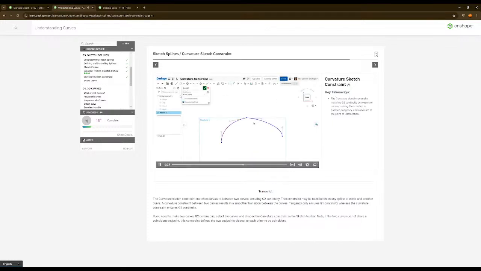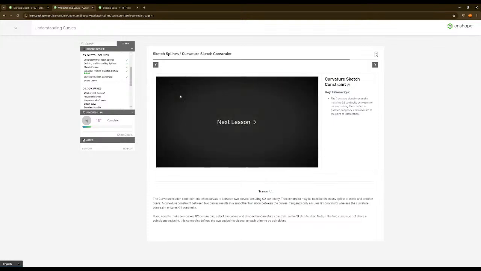If you need to make two curves G2 continuous, select the curves and choose the curvature constraint in the sketch toolbar. Note, if the two curves do not share a coincident endpoint, this constraint defines the two endpoints closest to each other to be coincident. Noted.